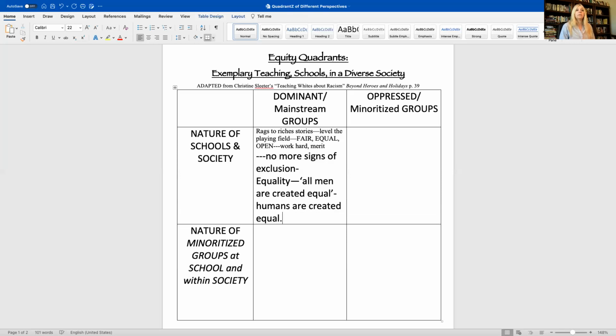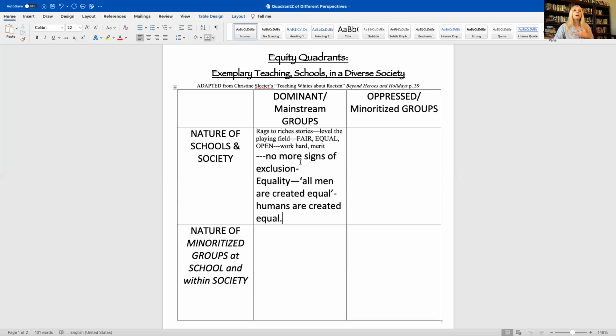Because the founding fathers, they did mean men, white men, but they also had a specific group of white men, not just any white men, but you had to be a property owning white man. So when they said all men were created equal, they weren't talking about women, they weren't talking about indigenous people, certainly not Black people, they weren't talking about a whole bunch of people, but they were talking about land owning white men. So we're going to change that to all humans are created equal.